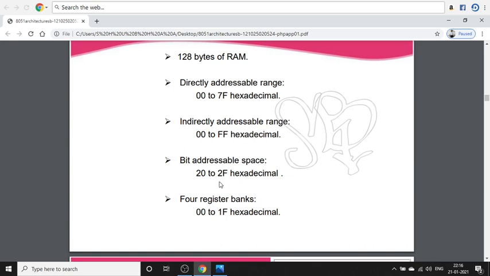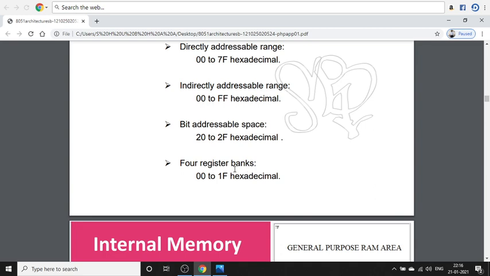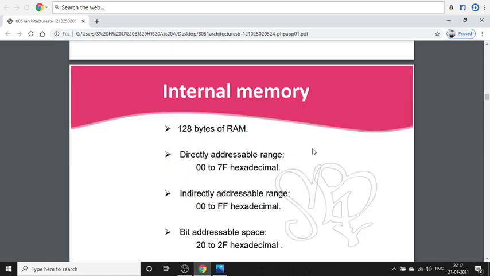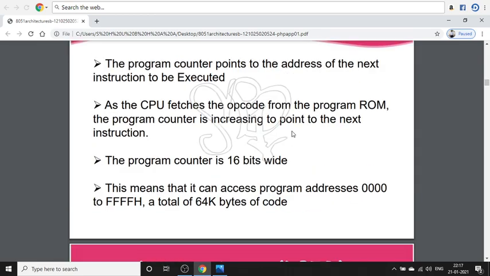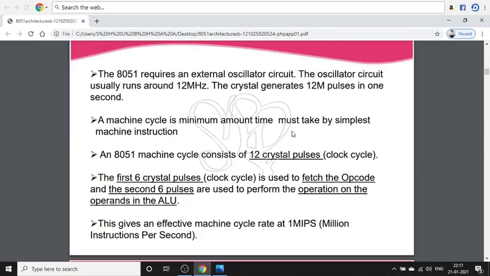Bit addressable space is 20 to 2FH hexadecimal, and four register banks. We know that 4 register banks are there, that is 0, 1, 2, 3, and just now we have discussed that operation, 00 to 07H, and next one is 08H. We have discussed these registers, we have to go back to that particular point.